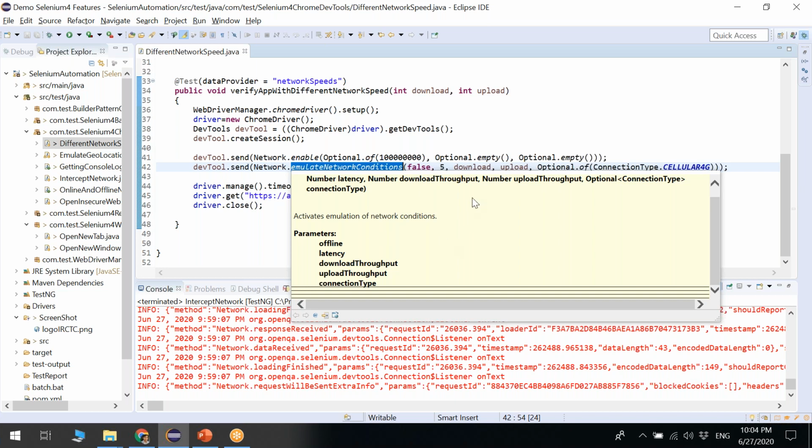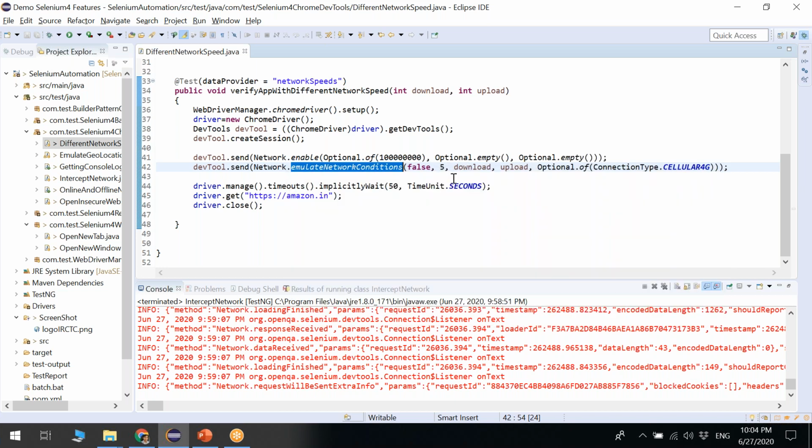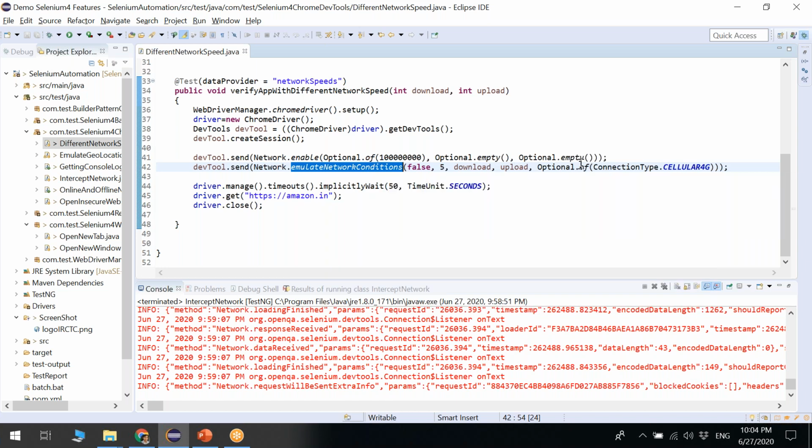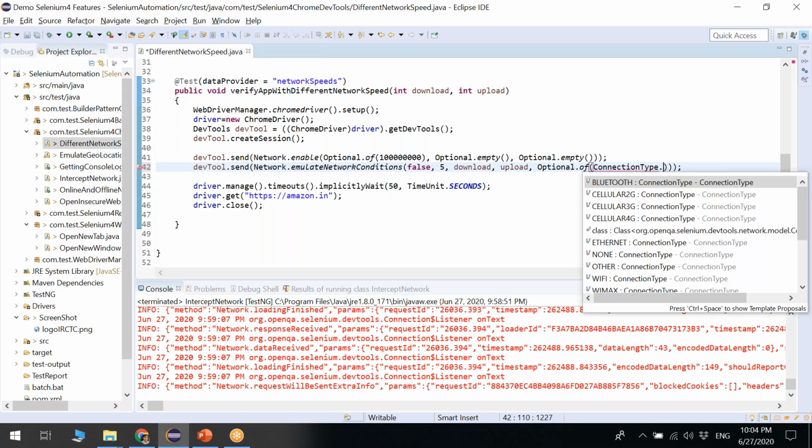Download, and here I am passing some download value. It is coming from a data provider, which I'll show you how I'm handling. Next is the upload. Here we have to pass some value. And last, we can pass the connection type, cellular 4G. Let me show you here. This is optional. If you come here, you can choose any network type like cellular 2G, cellular 3G, cellular 4G.